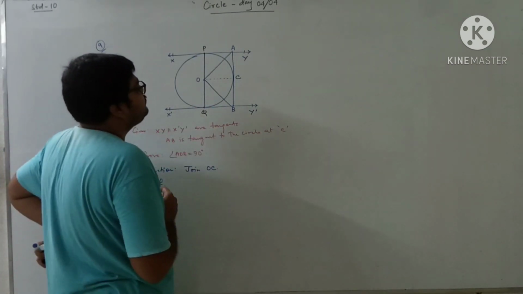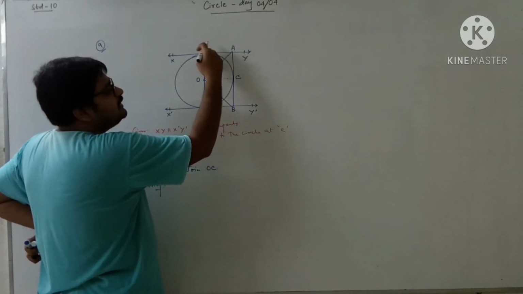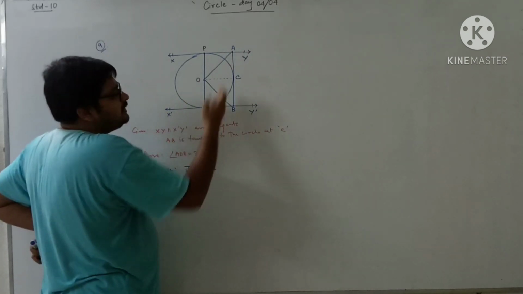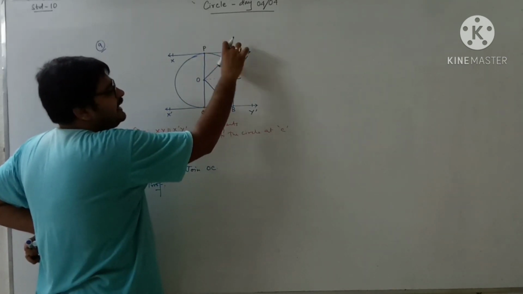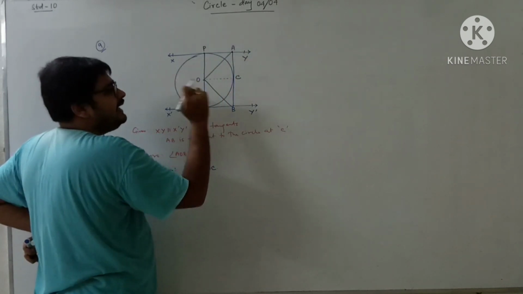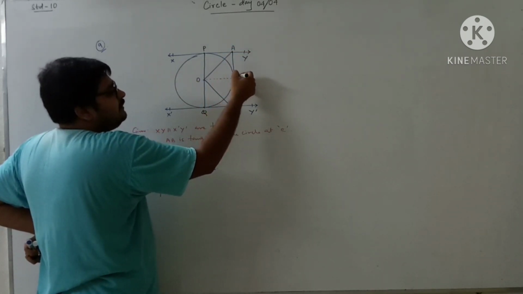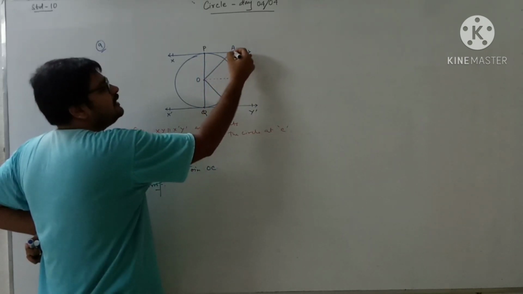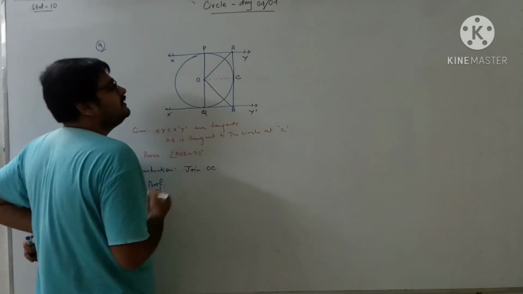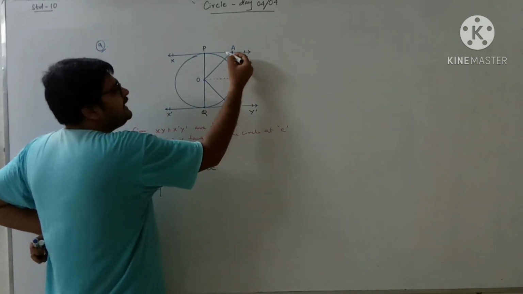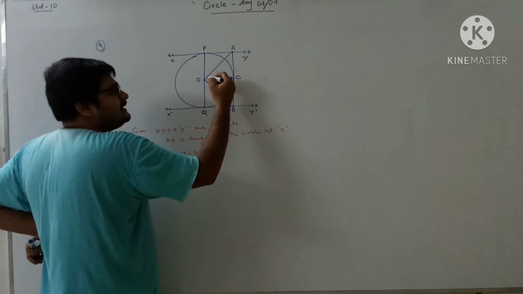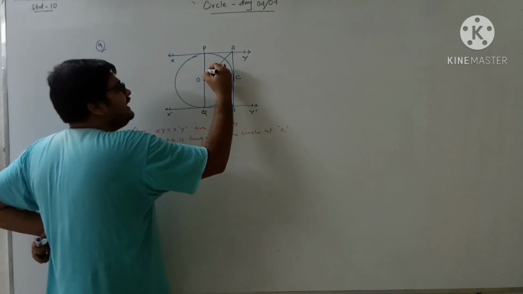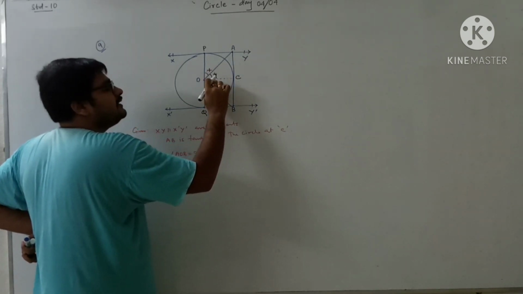Now look here. AP and AC are tangents to the circle, because from the external point A, AP and AC are tangents, correct? These two tangents make the central angle at the center, this one, and this is the line joining the center to this external point. So this line will bisect the angle between the two tangents as well as the central angle. But I have to talk about the central angle only. So what can I write here? X and Y should be equal to each other, correct?